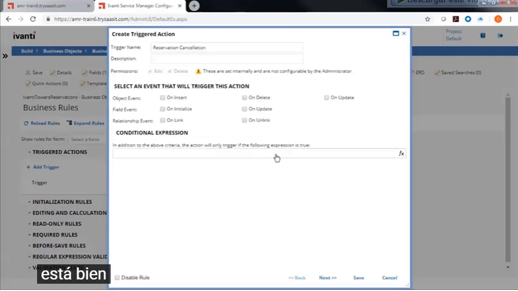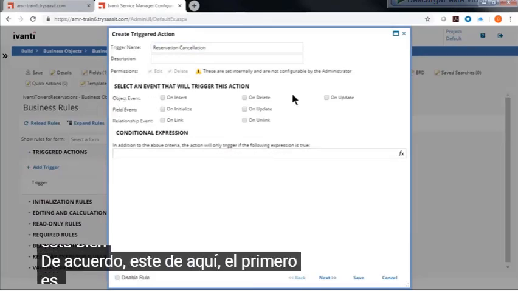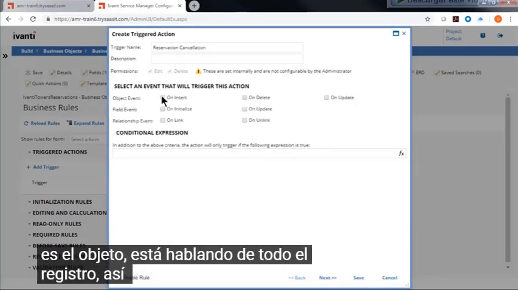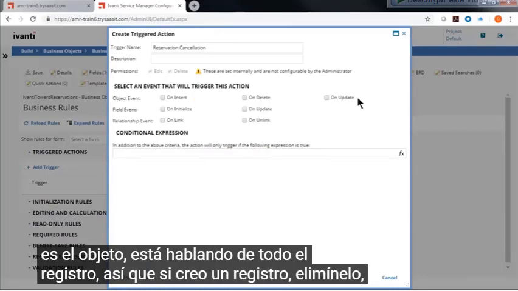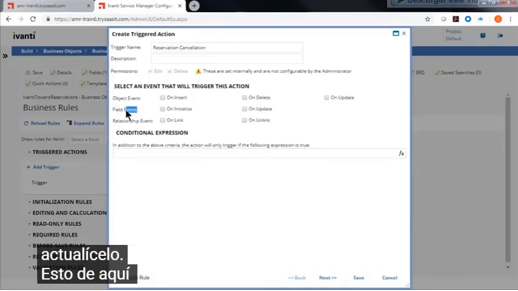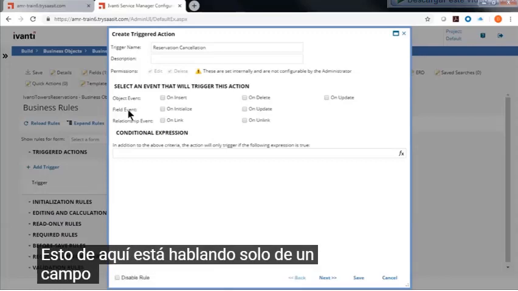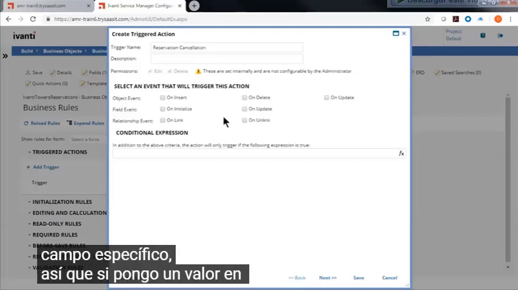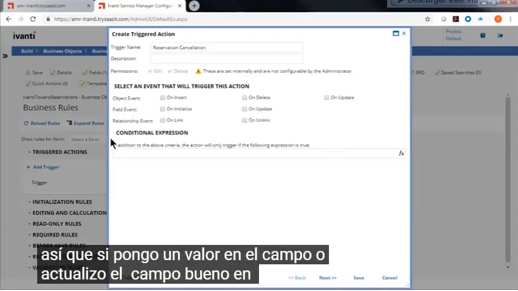Okay. All right, so the first one here is object. It's talking about the whole record. So if I create a record, delete it, or update it. This over here is talking about just a specific field. So if I put a value in the field or I update the field, well, in my case, I'm going